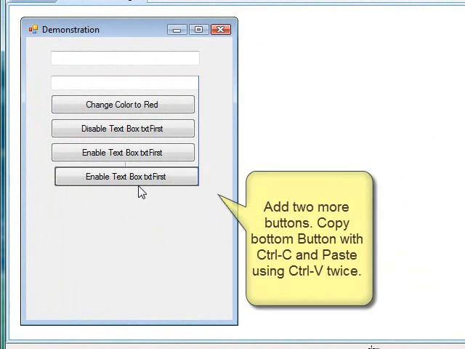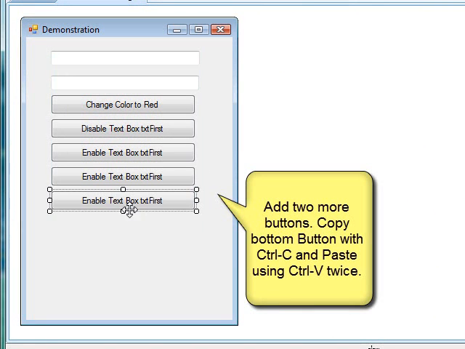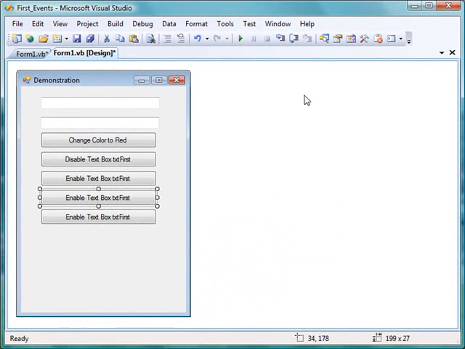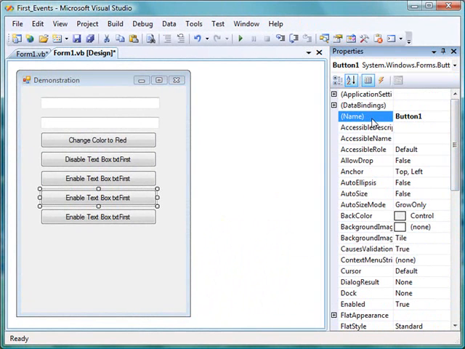Let's continue to add some more buttons. So let's make a copy of the last one with Control C and paste it twice by doing Control V followed by another Control V. So now we have two additional buttons. Select the first copy